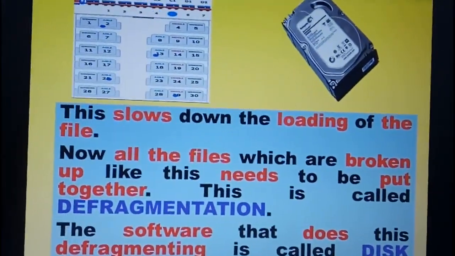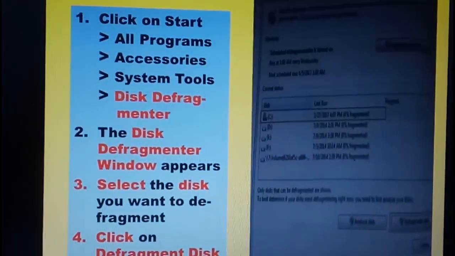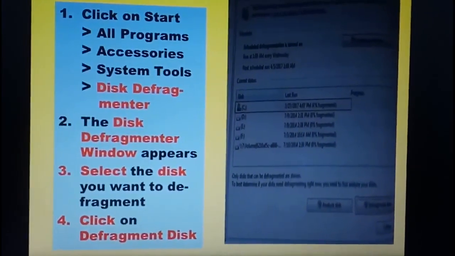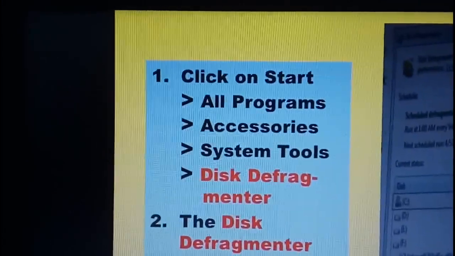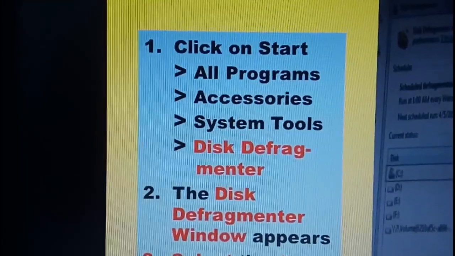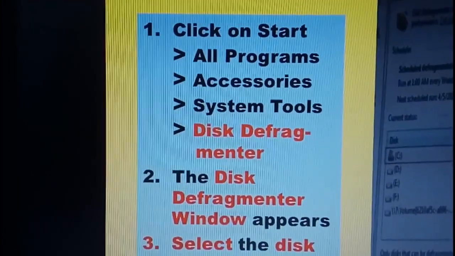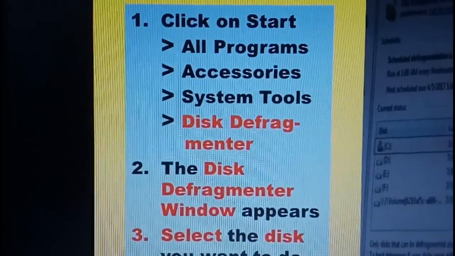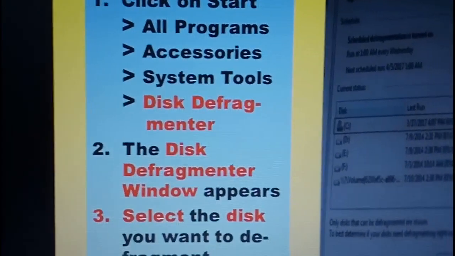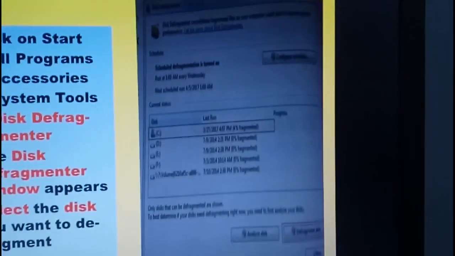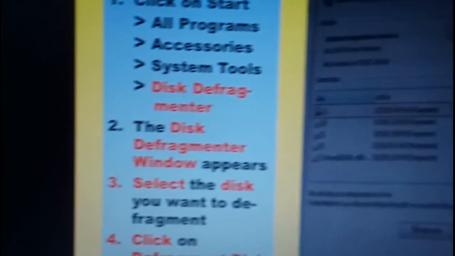Now if you have the Windows 7 operating system, this is how you can run disk defragmenter. First step, click on Start, then click on All Programs, then Accessories, then System Tools, and then Disk Defragmenter. Step 2, the Disk Defragmenter window appears. This is the Disk Defragmenter window.